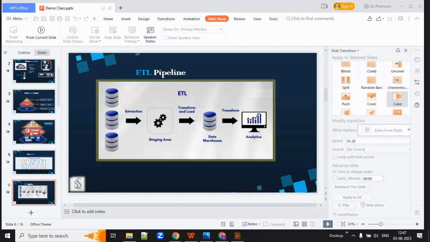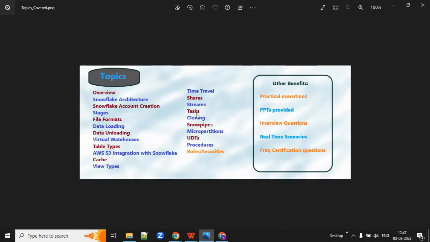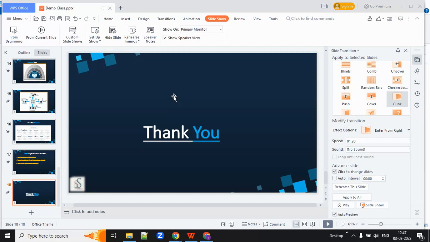These are the topics I'll be discussing in further sessions: Snowflake architecture, Snowflake account creation, stages, file formats, data loading, data unloading, virtual warehouses, table types, S3 integration with Snowflake, cache concepts, view types, time travel, shares, streams, tasks, cloning, snowpipes, micropartitions, UDFs, procedures, roles, and security. These are all the topics we will be covering in the further sessions.